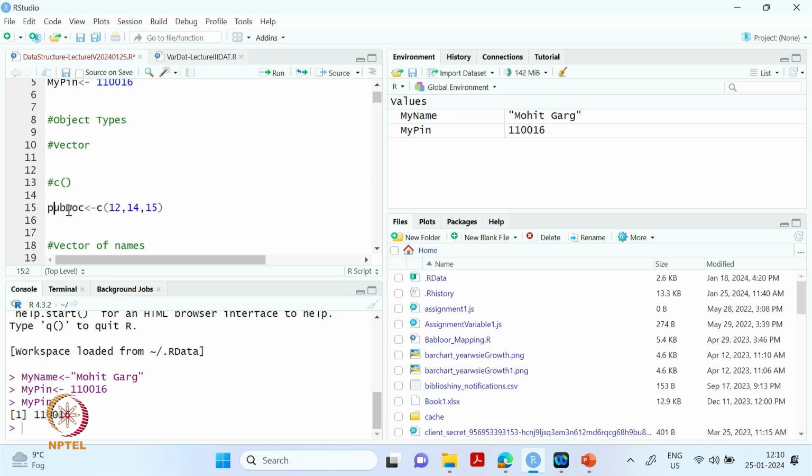So say for example, I am creating an object with the name pubdoc, and it can have three values. So how do we do that? First we have to name the object. So pubdoc is the name. Then we have to use this c function, and then we have to give the values. Okay. So it's 12, 14, 15, and if I run this,